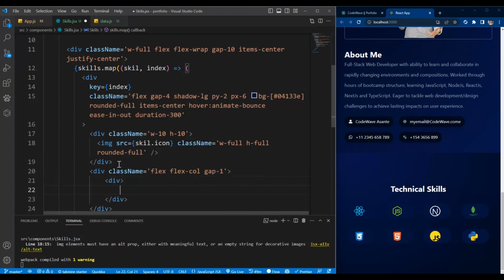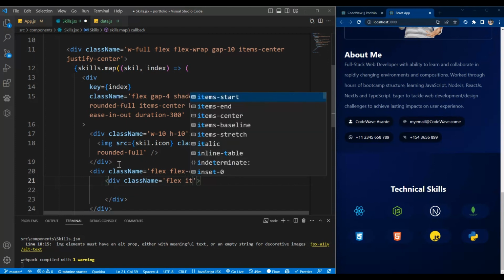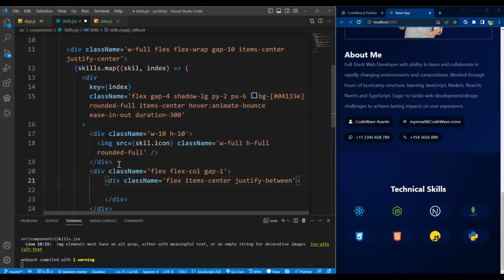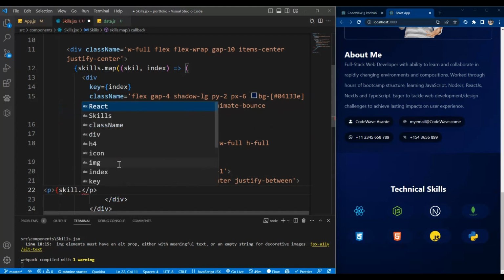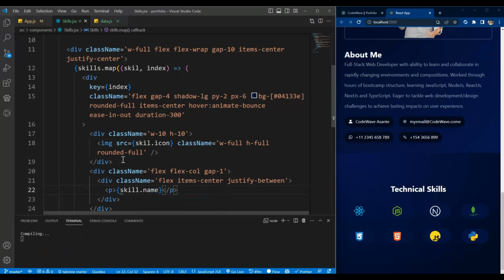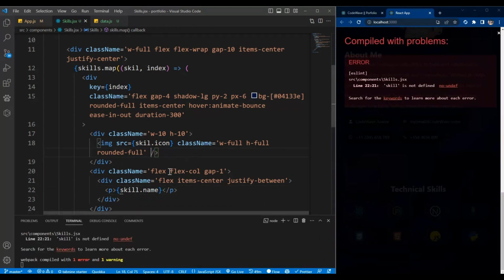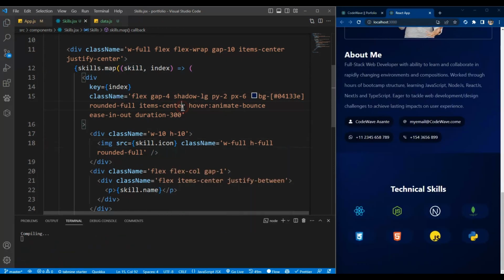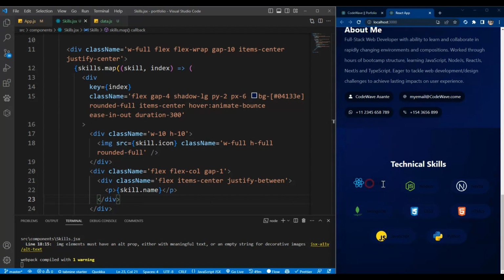Inside it we have one div with class flex items to center, justify of space between, and we have this paragraph tag with skills.name. So render the name of the skills. Oh, it should be skills. Okay, skills. So we'll render the name of the skill here,